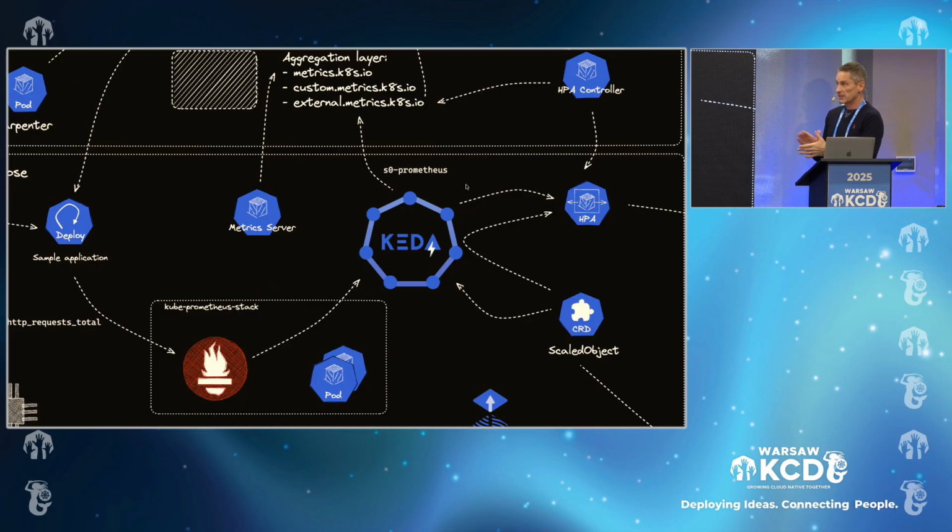The other point where I see KEDA is very useful and excels is because it can scale to 0, which is different from the HPA, horizontal pod autoscaler, capabilities. HPA is limited to a pod count of 1.